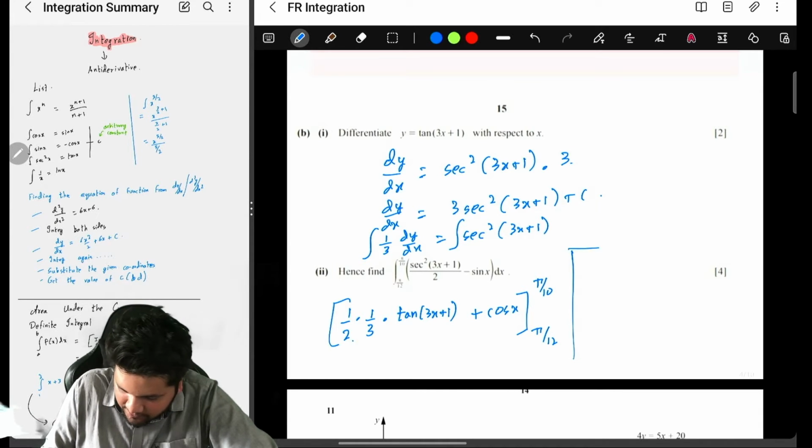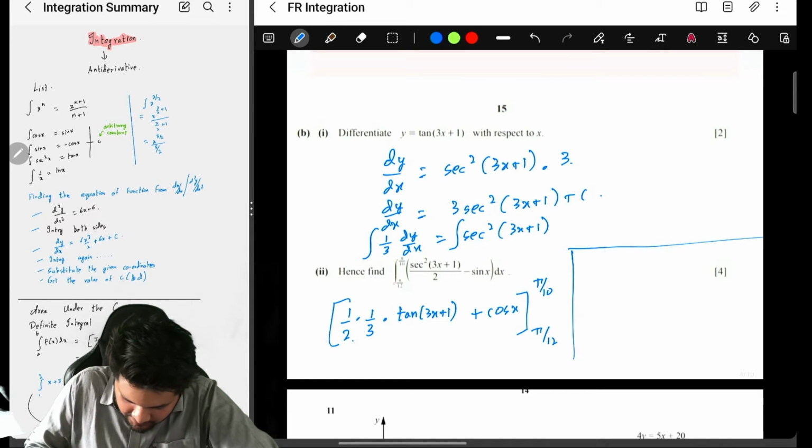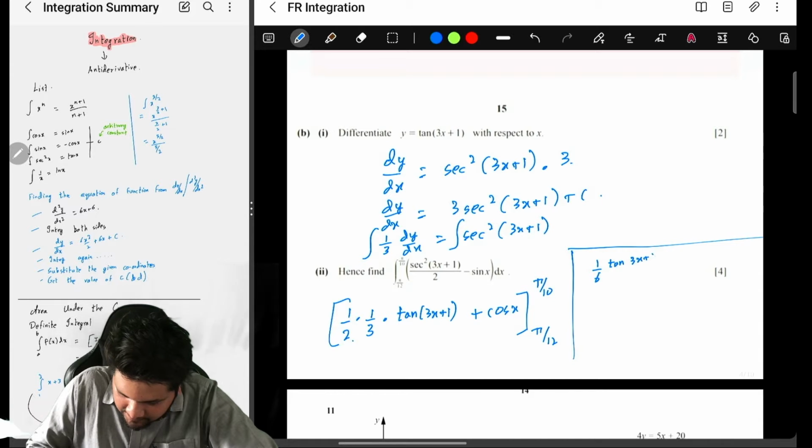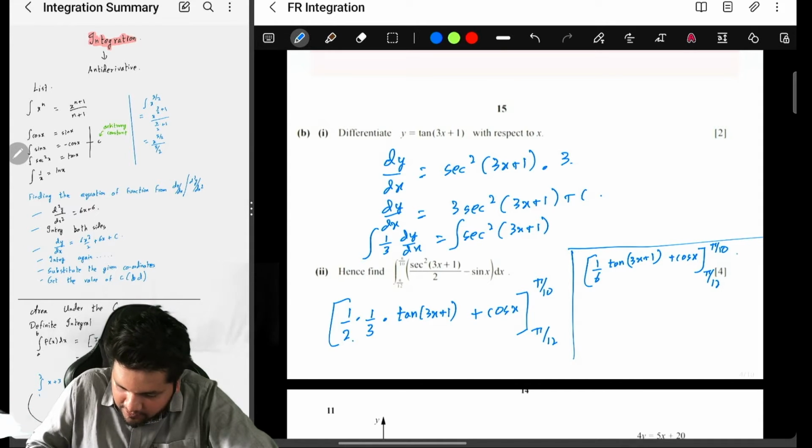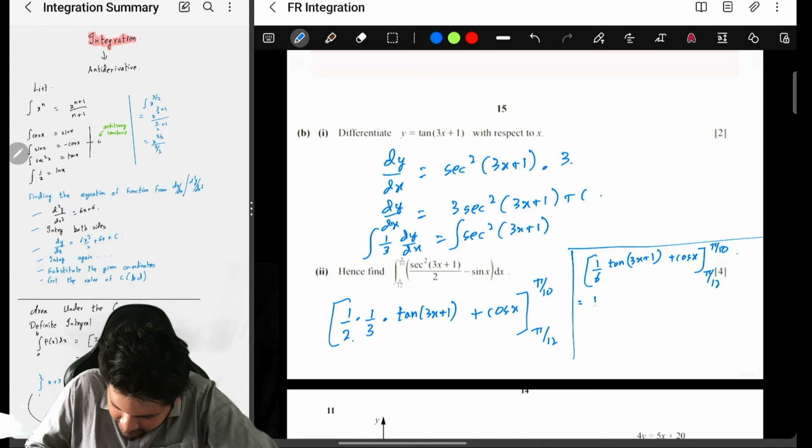I don't have enough space, so I'll just write down here. So as you can see, it's going to be 1 by 6 tan (3x plus 1) plus cos x, and the values are from pi by 12 to pi by 10. We'll just substitute this pi by 10 here, so we'll get 1 by 6 tan of (3 into pi by 10 plus 1) plus cos pi by 10